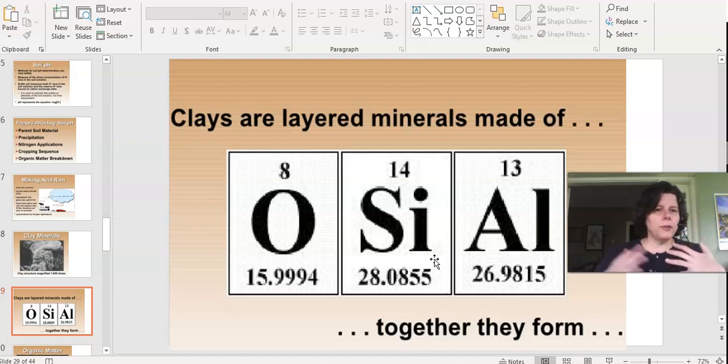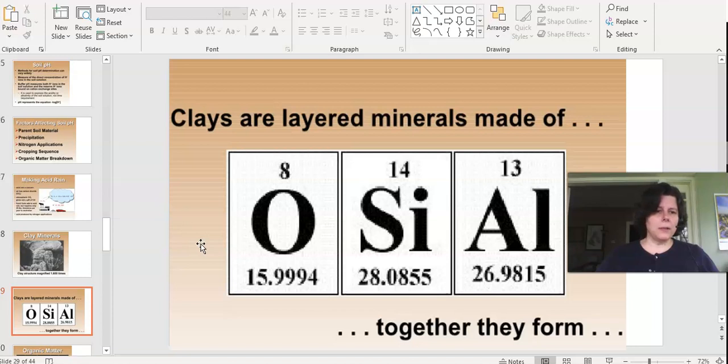Different ratios, different things are inside of them. I took a whole class called clay mineralogy, and I spent a whole semester just talking about all the different chemicals and minerals that go into clay and their different properties, because clay becomes very important in so many aspects. But if we take clay down and look at just clay, it's generally just oxygen, silica, and aluminum, and they come together in different ways and form all of our different types of clays that are out there. We talked about